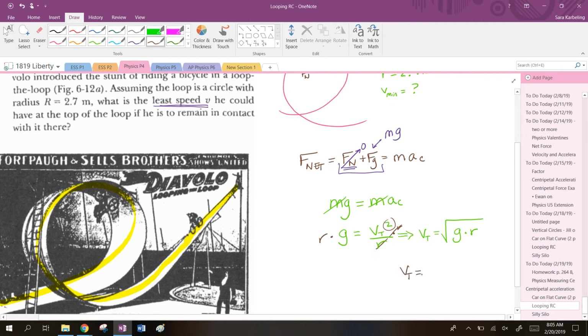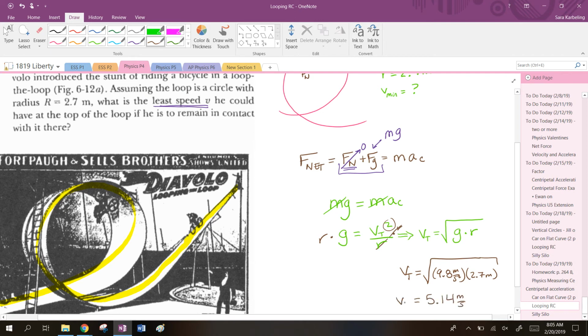So Vt is equal to the square root of 9.8 meters per second squared times the radius, which was 2.7 meters. And now we can figure out what that minimum speed is, how fast does he have to be going there in order to make the loop. So 9.8 times 2.7, take the square root of that value, and you get 5.14